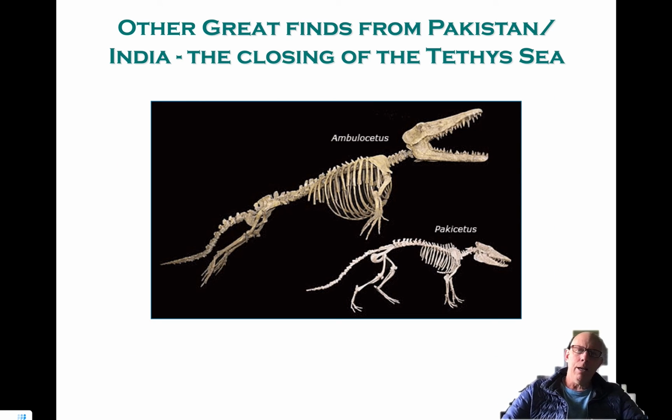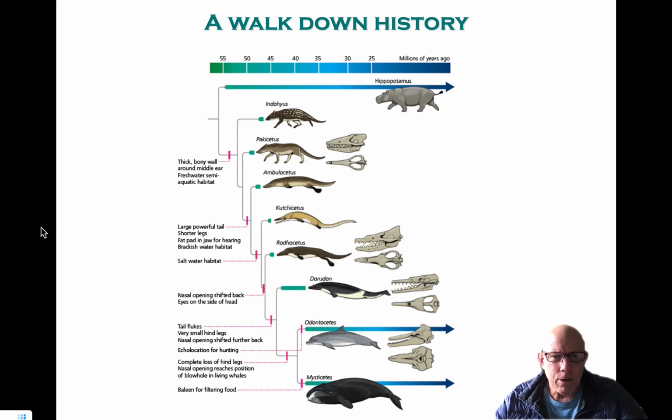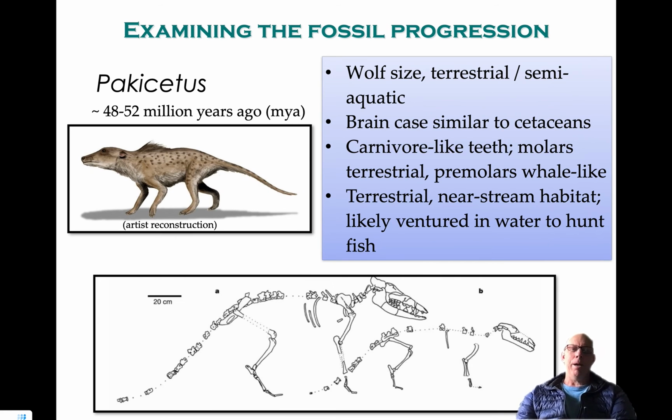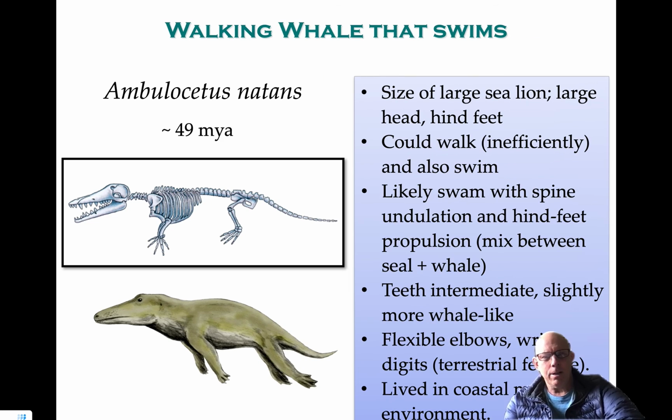Other great finds from Pakistan are Ambulocetus and Pakicetus. So if we go back here, you can see up at the top Indohyus and then Pakicetus, Ambulocetus. So these are all something like 50 million years or so ago. As far as the Pakicetus fossil goes, you can see the scale bar: wolf size, terrestrial, semi-aquatic. Brain case is similar to cetaceans, and the thought is that it ventured in water to hunt. Ambulocetus: size of a large sea lion, large head, hind feet, could walk inefficiently and also swim. The claim is that it swam with spine undulation and hind feet propulsion, which is kind of cool. Intermediate teeth, more whale-like,